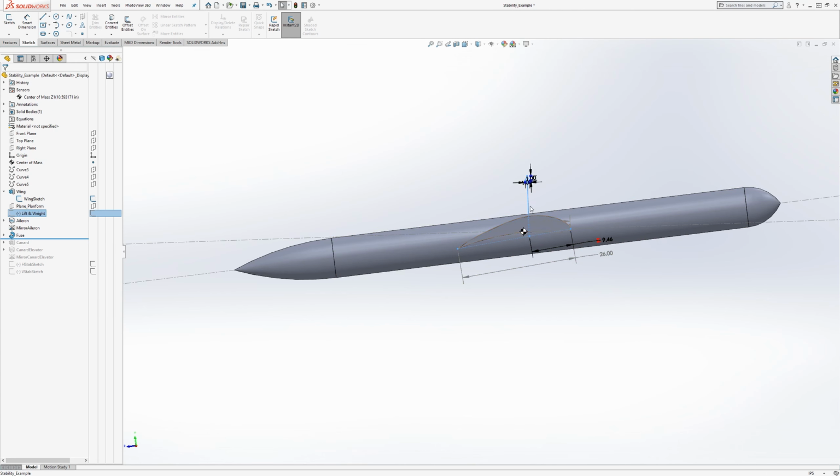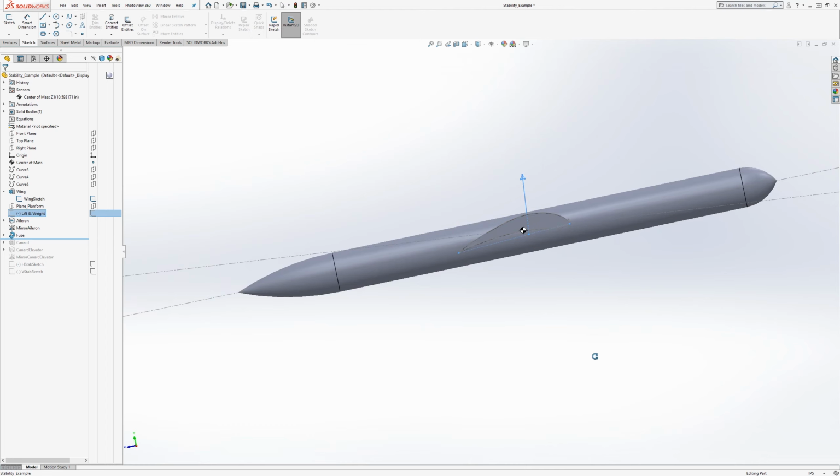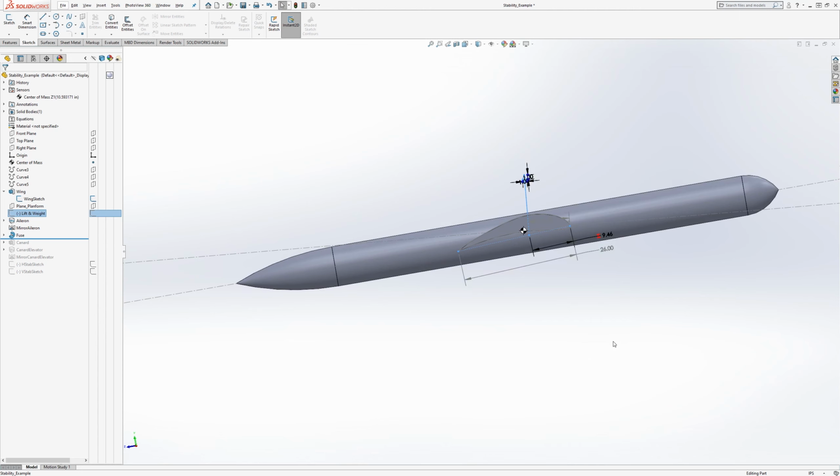So now we can see that the CG hasn't moved anywhere, but the lift is in front of it a little bit, so there's a torque about the CG, a pitching moment to want to pitch the aircraft up even more. So that momentary gust of air caused a pitching moment to want to pitch up the aircraft. Even after the air is gone, let's see what happens, because